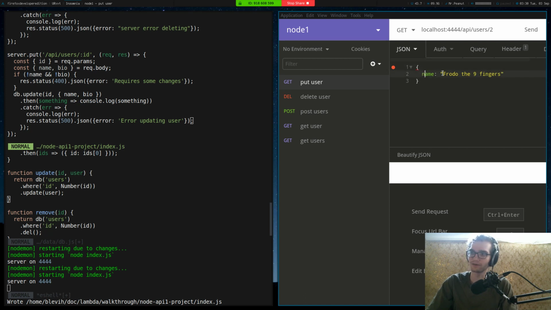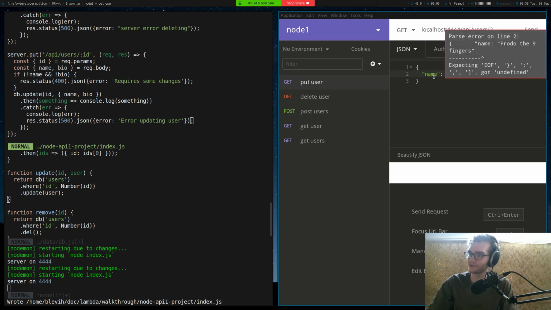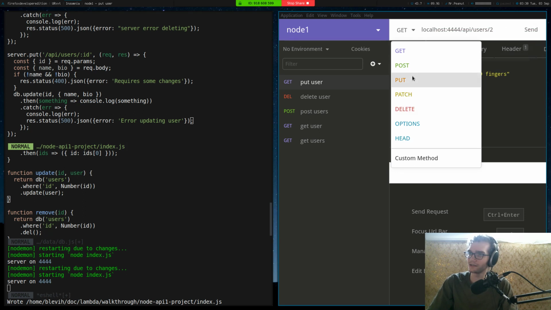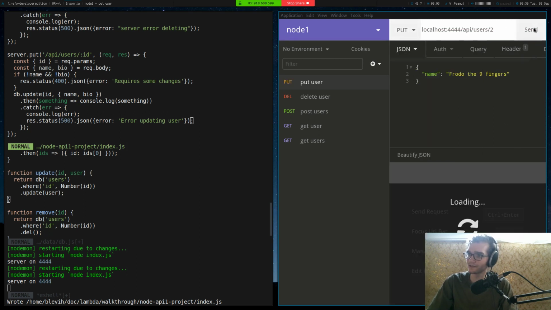It's because Frodo only has 9 fingers. Sorry, spoilers for everyone. And our keys need to be wrapped in double quotes, and this should be a put request. So we send that here, and notice I didn't put a res.end anywhere, so our request keeps running, but we see